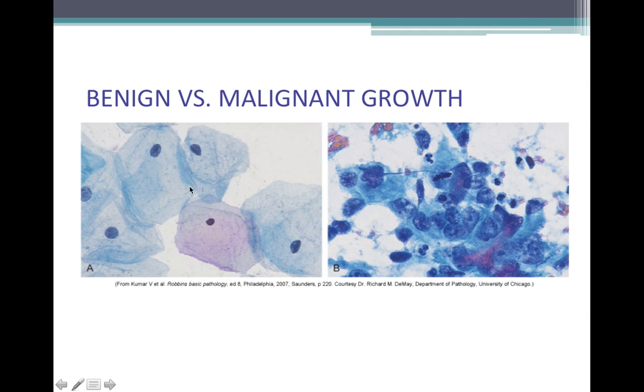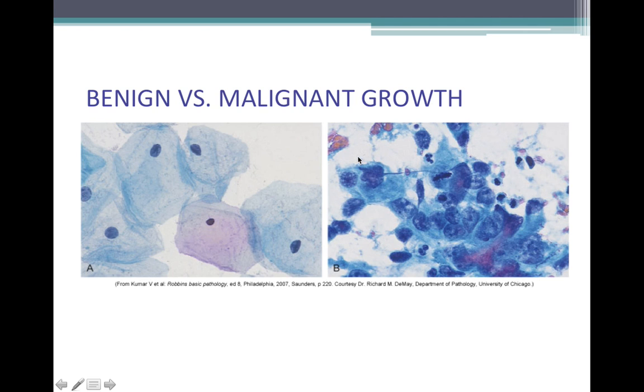These are a variety of stratified squamous cells, which you can see here, somewhere in the body. It could be mucosa, like oral mucosa, or maybe even skin. But these stratified squamous cells you see here are nice and large with pale cytoplasm and a well-defined nucleus. But if you look to the side of it, these are the malignant stratified squamous cells. You can see here that they look much different than the cells on the left.